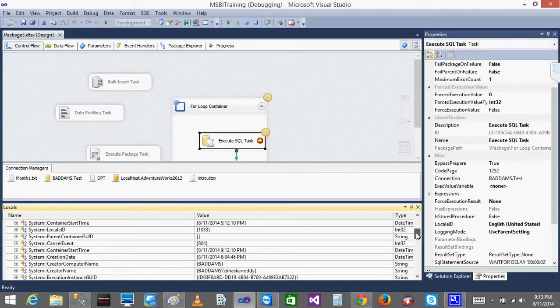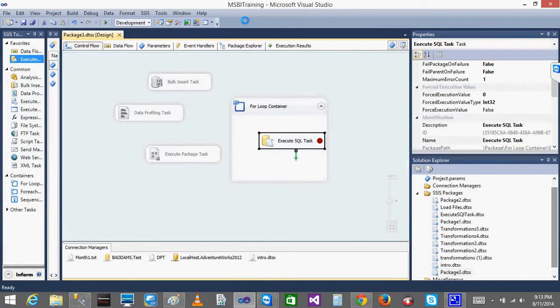So in that scenario, if you want to increment something, or if you want to run the package based on certain conditions, or run the internal task, you can do it by using the For Loop Container. In the same way, there is one clear example with the For Loop Container.